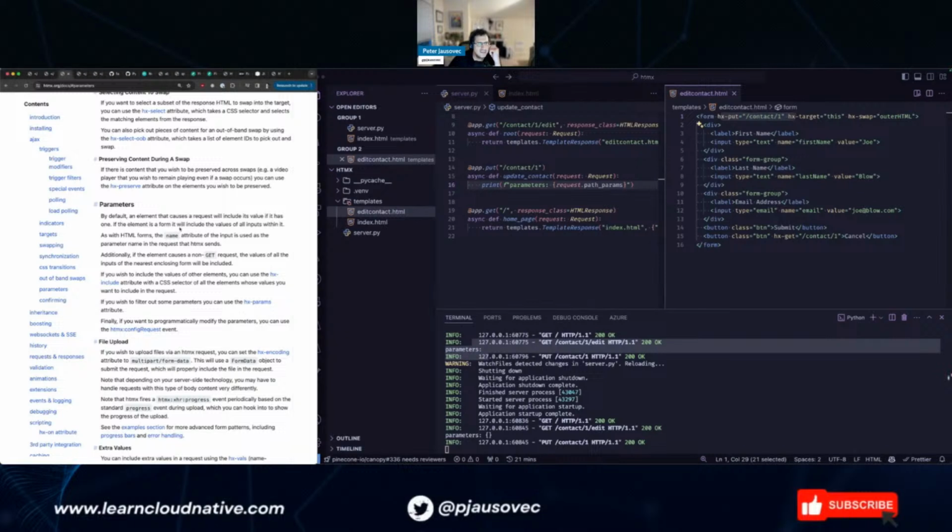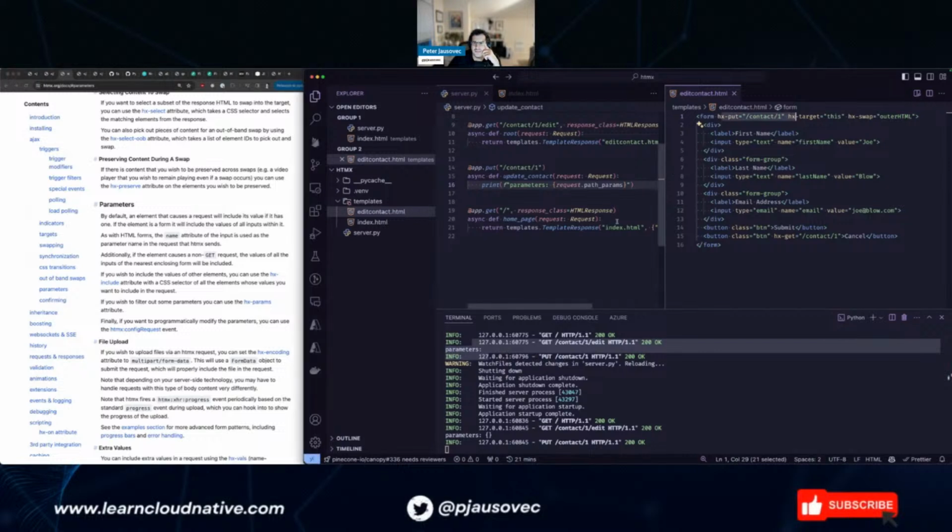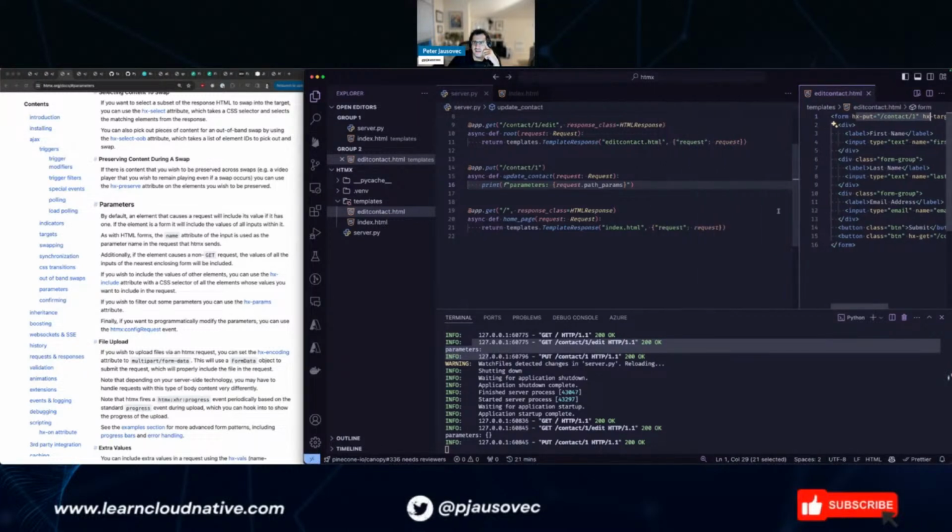And if the element is a form, it's going to include the values of all inputs within it. So does this mean that, but I tried this, right? I try. Oh, because it's a, oh, put would just do, wait, but